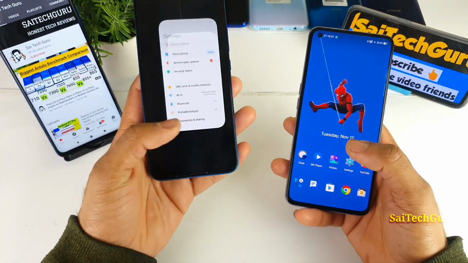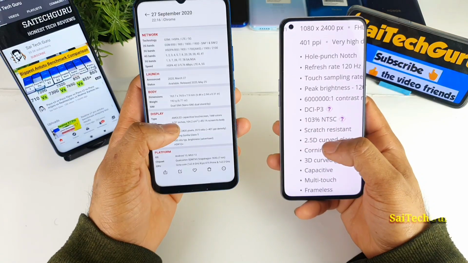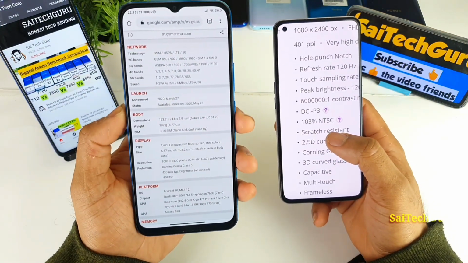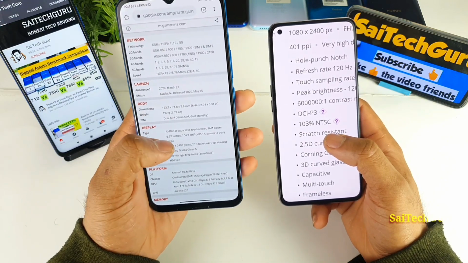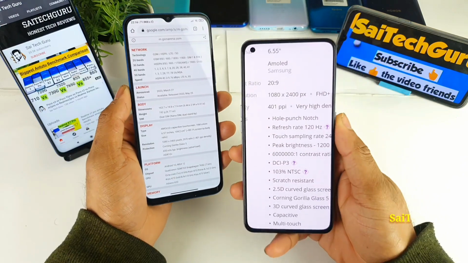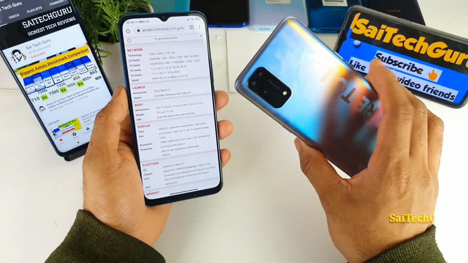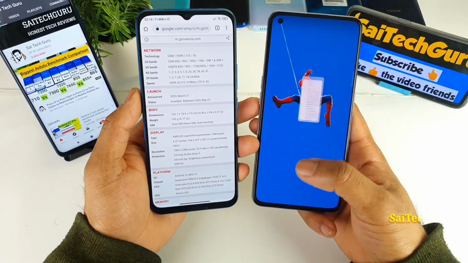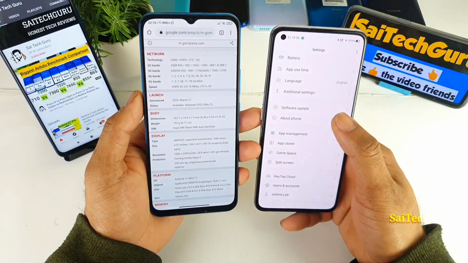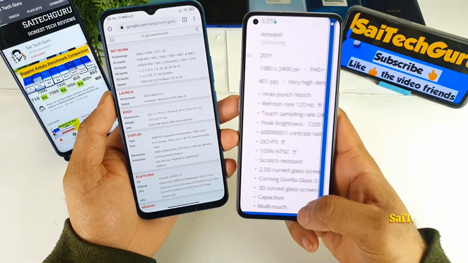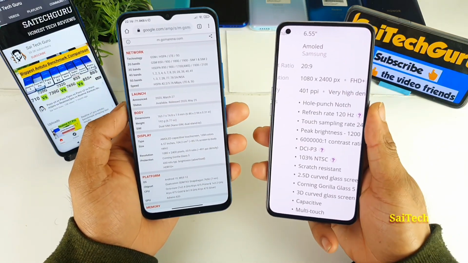First, let me quickly go through the display specifications of both smartphones. The Mi 10 Lite has an AMOLED panel with a 6.57 inch screen, and the Realme X7 Pro has a 6.55 inch Super AMOLED panel display. Let me quickly show you the settings as well. As you can see, the Dimensity 1000 Plus processor confirms that this is the Realme X7 Pro.